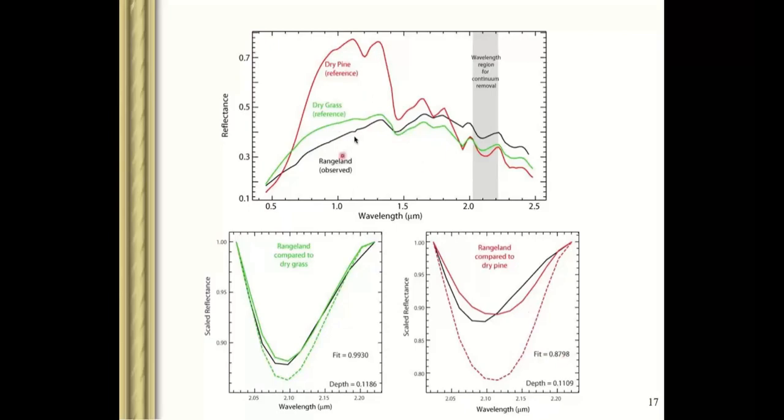So if you see pine and grassland, I hope some of you visited some hilly areas. You know, there are pine cones and everything. Maybe you remember that whenever the pine leaf falls, it looks like grass because it has needle-like leaves. When it falls on the surface, it looks like grass. So when you want to differentiate actual grass from dry pine needle leaf, you can differentiate here: rangeland or grassland matches very well, but pine is actually a leaf. It is not a grass type of thing. So the matching is very low.